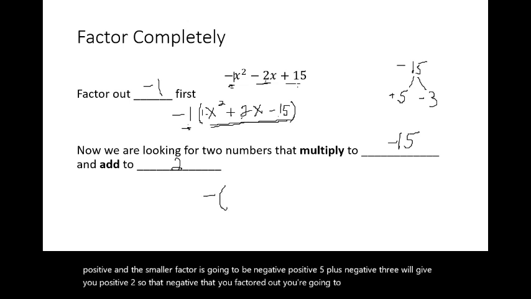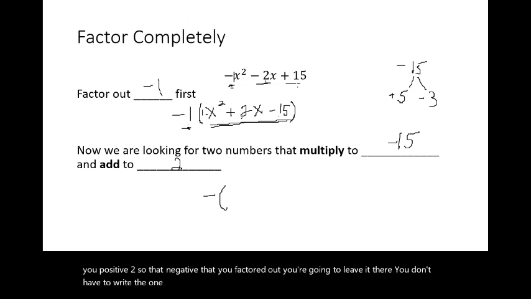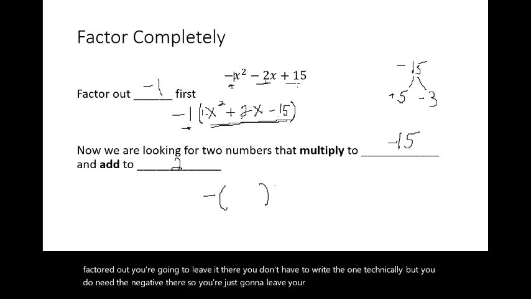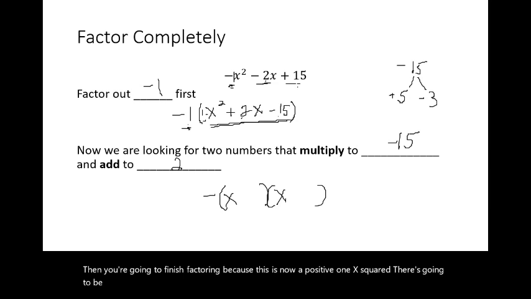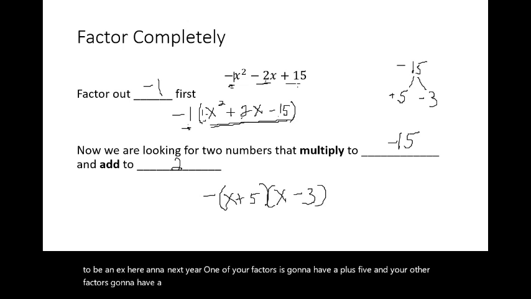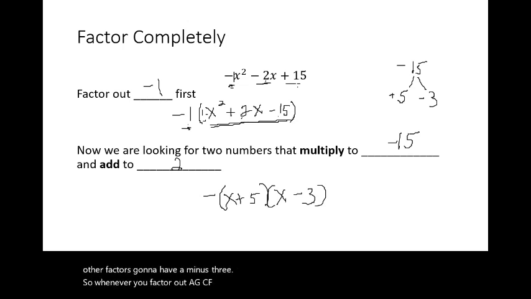You don't have to write the 1 technically, but you do need the negative there. So you're just going to leave your GCF there. Then you're going to finish factoring. Because this is now a positive 1x squared, there's going to be an x here and an x here. One of your factors is going to have a plus 5, and your other factor is going to have a minus 3. So whenever you factor out a GCF, you're just going to leave the GCF out front, and it's